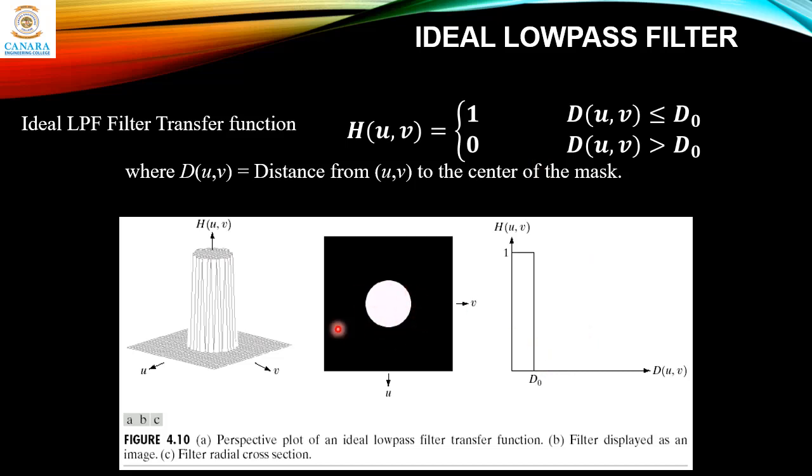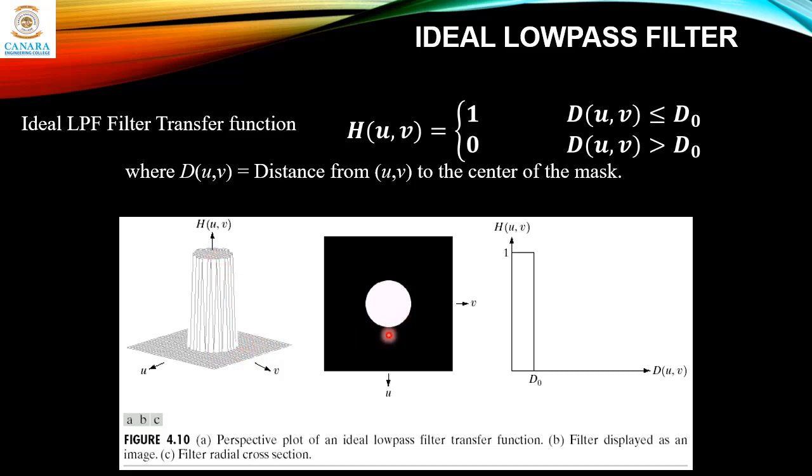That's what this transfer function is specifying. So this is the top view of that filter, or else you can say this is the frequency domain view of that filter function, and this is the three-dimensional view. Near the origin and till the distance is less than or equal to D naught, the response is high, it is 1, and there is a step decrease to 0. There is a step change because it's an ideal LPF.